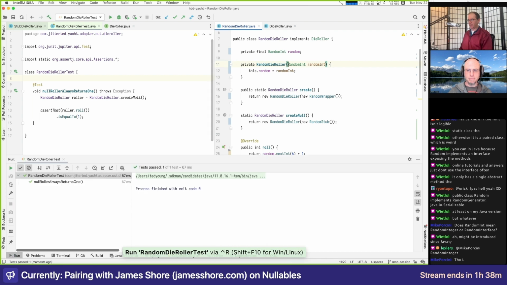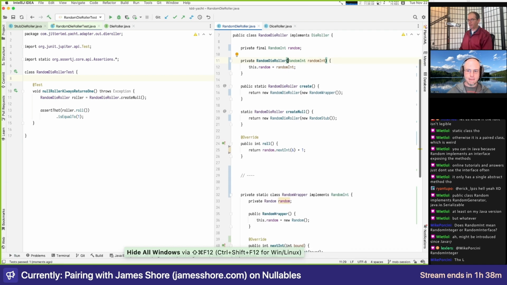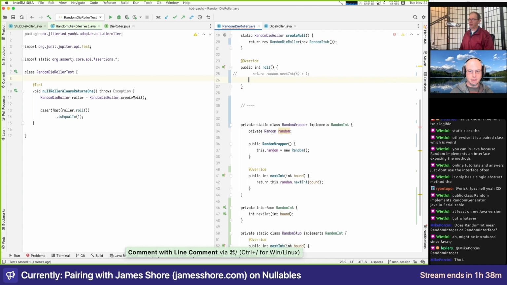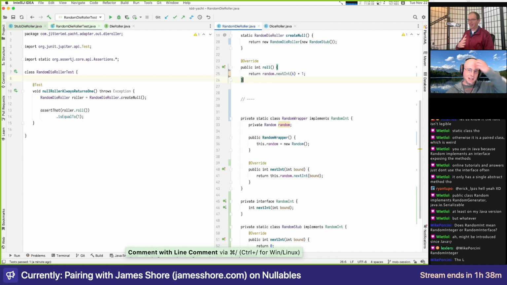So yeah, what we have here is effectively the same code as before, but now it's nullable. Now we can control what it does. We can control whether it talks to the outside world. And we're running the same code paths all the way up to the very edge of the system. So if you were to put in that throw new exception that we did before, now anything, anywhere that uses random die roller is going to fail. Well, except that actually it's not going to be any different because we've got all the existing code using the stubs. But if we change the stubs to use the create null,